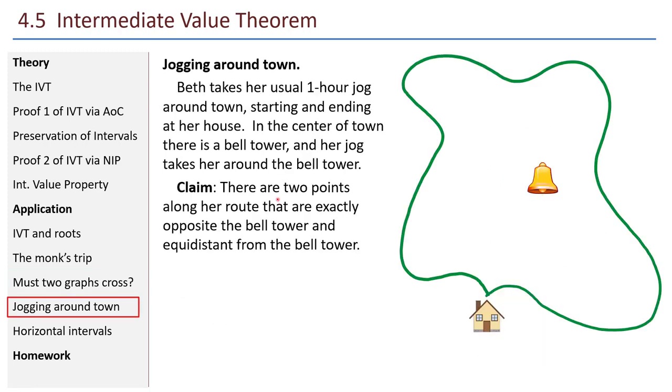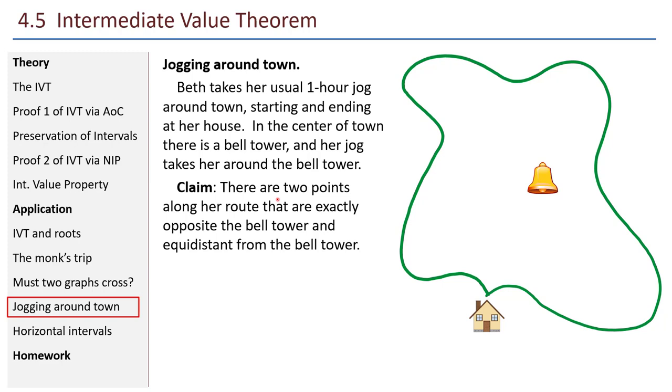This is a great application. Jogging around town. Beth takes her usual 1-hour jog around town, starting and ending at her house. In the center of town there is a bell tower, and her jog takes her around the bell tower. Claim: there are 2 points along her route that are exactly opposite the bell tower and equidistant from the bell